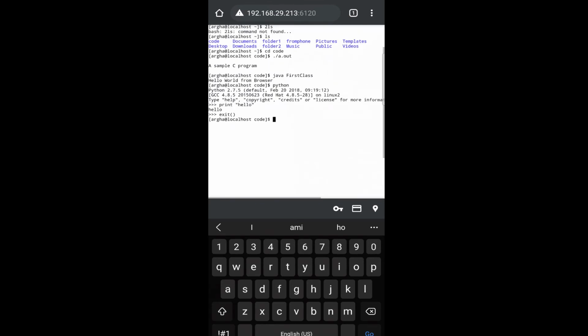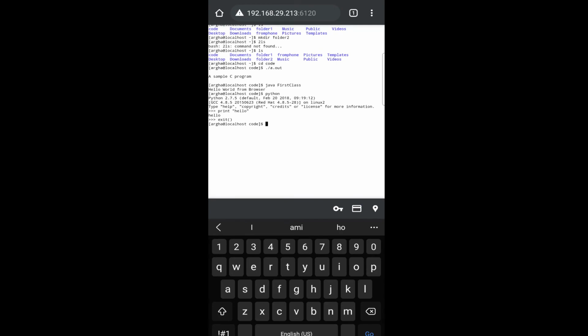As you can see, we are able to run most of our codes and we are able to compile our code and run our commands as well. But there will be some limitation because the keyboard that we are using is an Android keyboard, and the keyboard that the Linux supports is obviously a PC keyboard, right? So in that case there will be some issues that you may face, for example while opening VI editors.